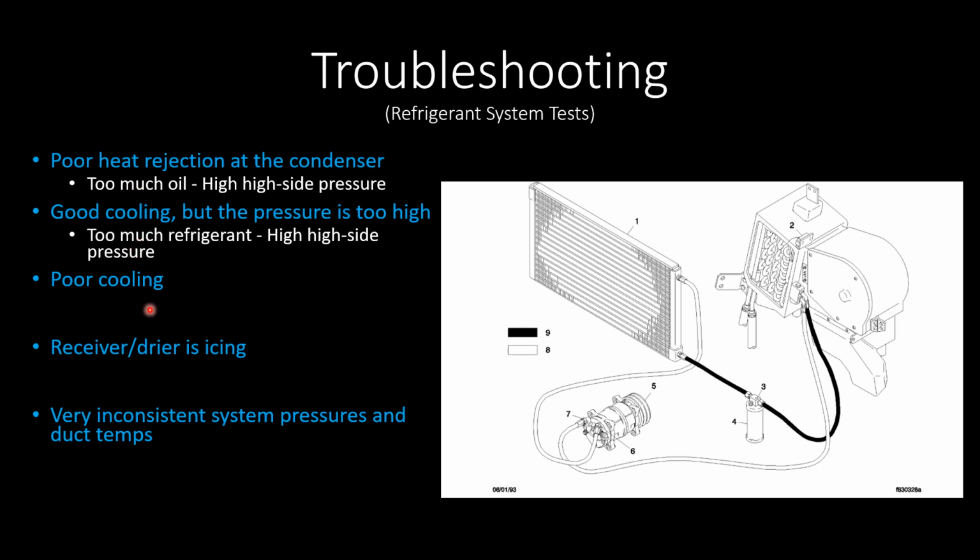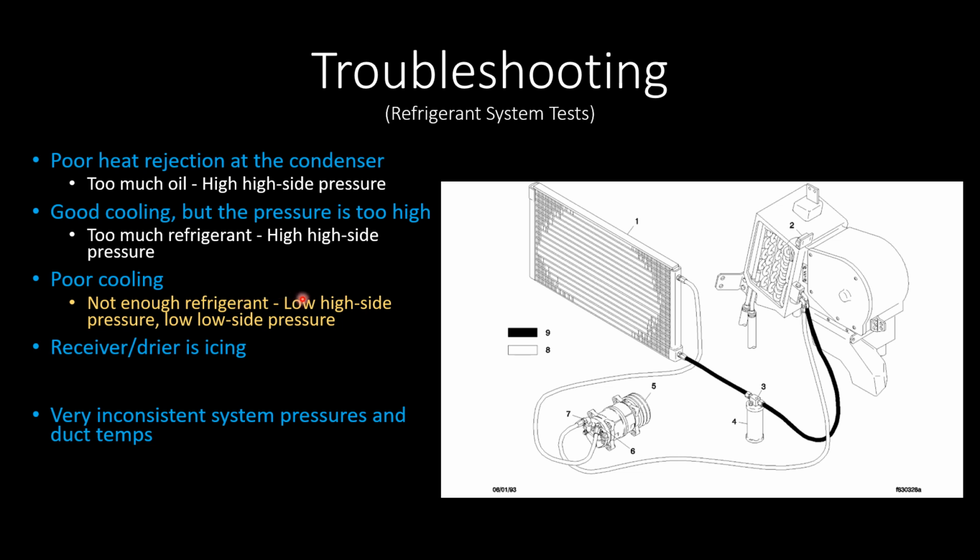But if you have poor cooling, that's typically the number one reason why they bring it in, right? Because it's not getting cold enough in the cab. Now this means that there could be not enough refrigerant in the system, and by there not being enough refrigerant, that means more than likely you have a leak somewhere. There's going to be a leak in the system somewhere. So it's very important for us to understand when you have poor cooling, you more than likely have a leak,